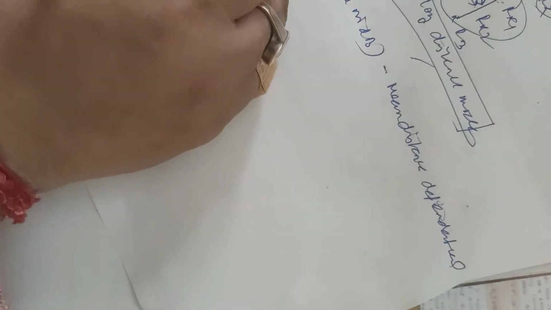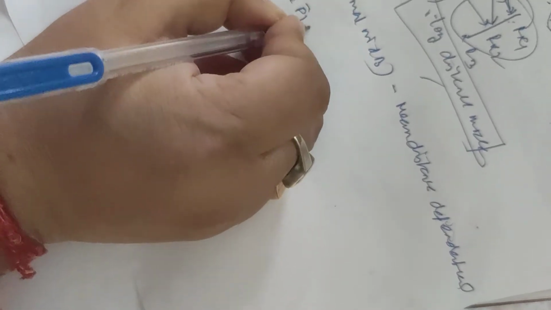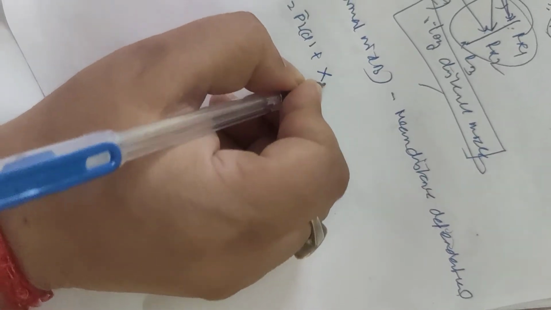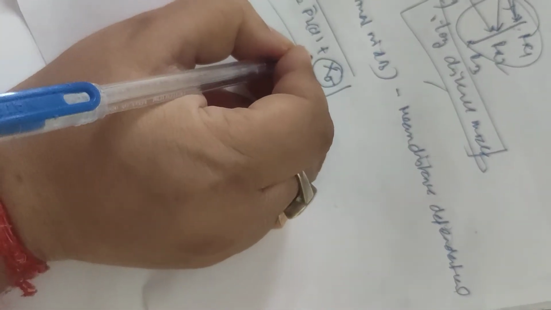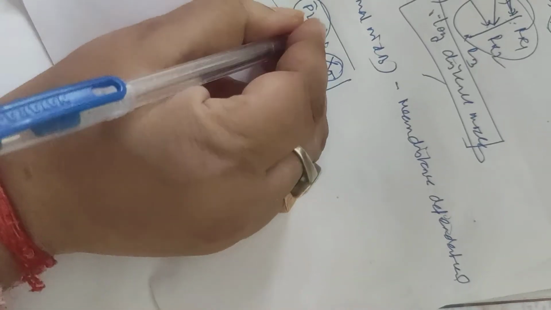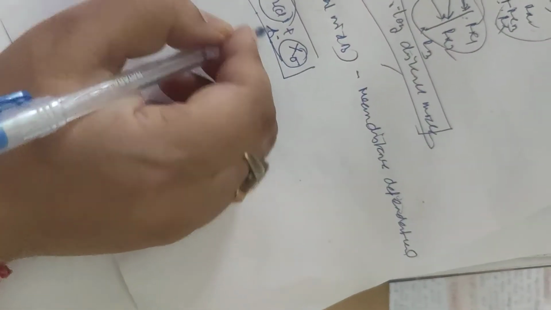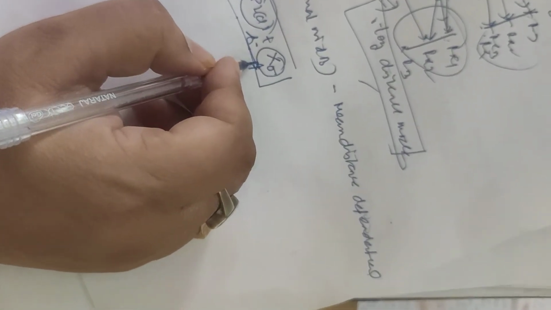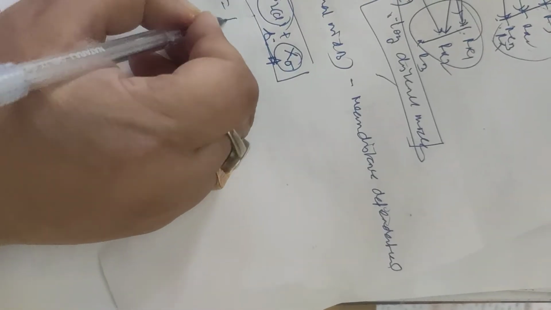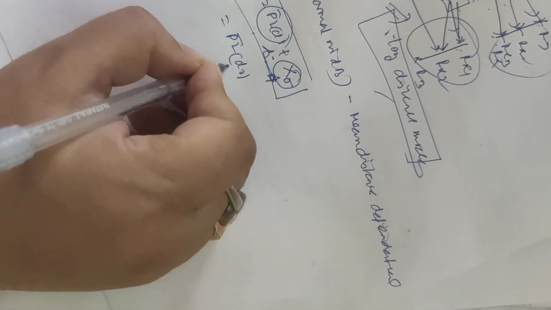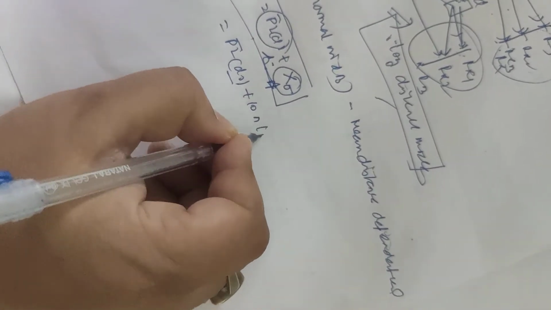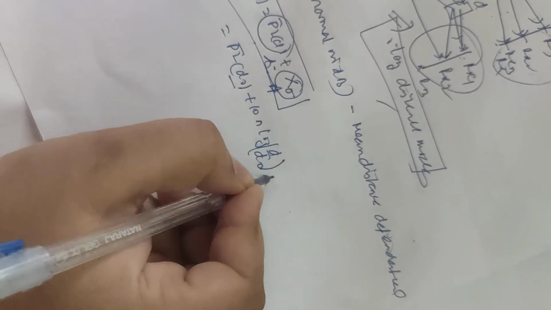So this modifies the equation: we can write PL(d) with an additional term X sigma added in this formula,